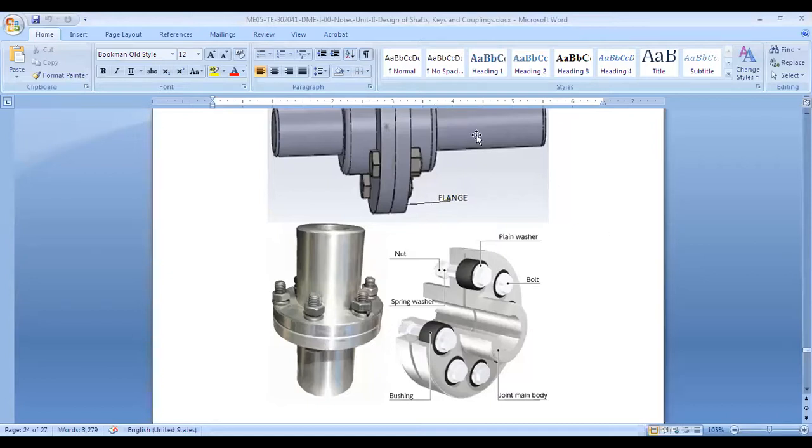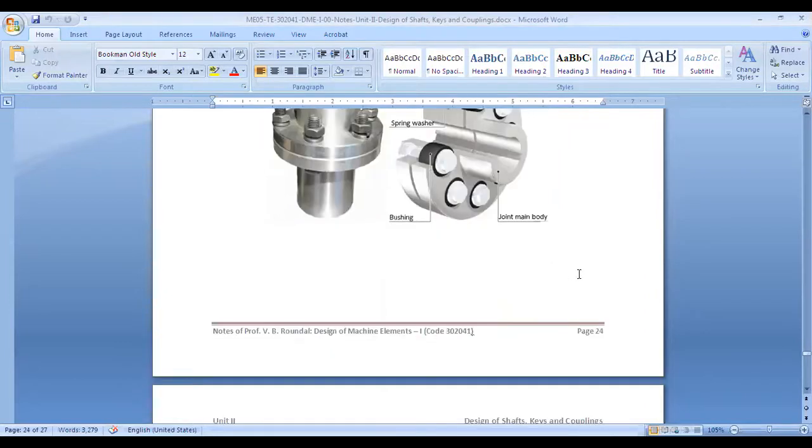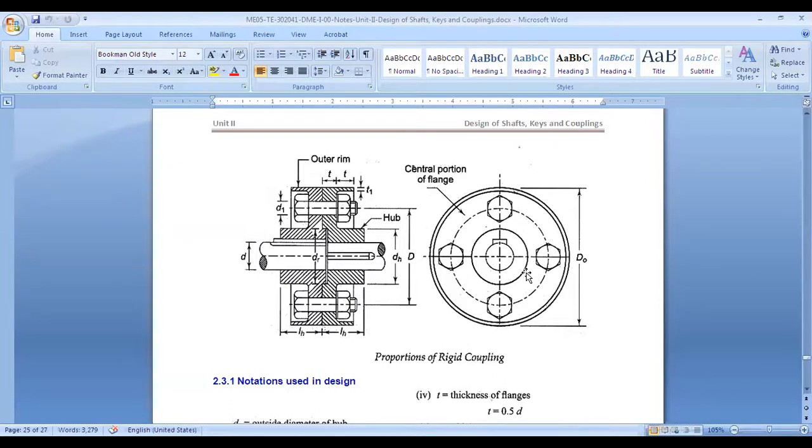I will again quickly, in a couple of minutes, because I have a numerical lecture which is 32 minutes. So by 10:08 I should be able to finish this conceptual part. So this is the flange, what you are seeing right now. This is a recap of a couple of minutes. This is a flange, and we are going to design this flange, right? On the right hand side, there is a bushing shown, there was a bushed flange coupling, and this is a rigid coupling, and we are going to design the rigid coupling.